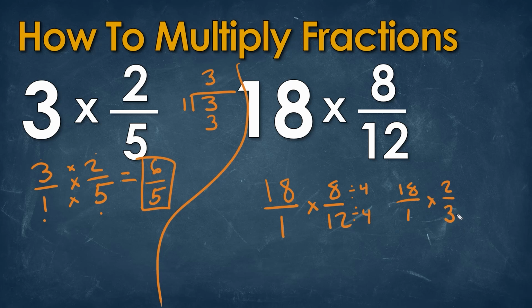Now there's a trick that we can do that if we have a number at the bottom, whatever is across from it, we can still divide as long as we do the same number. So I know I can divide 3 for this one and 3 for 18. Another way to see it is that whenever we are multiplying fractions, we are just putting the two numbers at top as one fraction and then the two numbers at the bottom as one fraction with a multiplication sign in